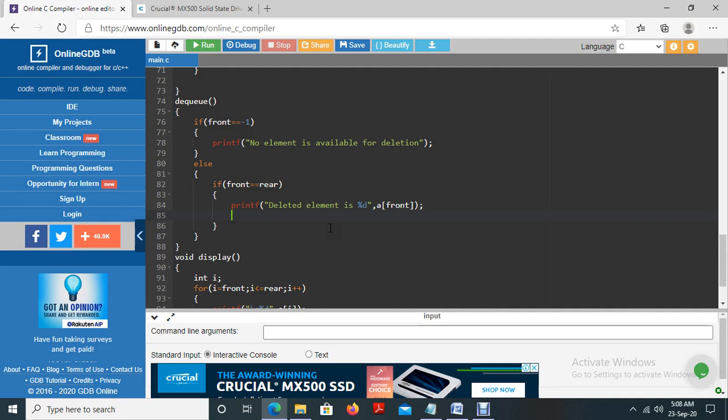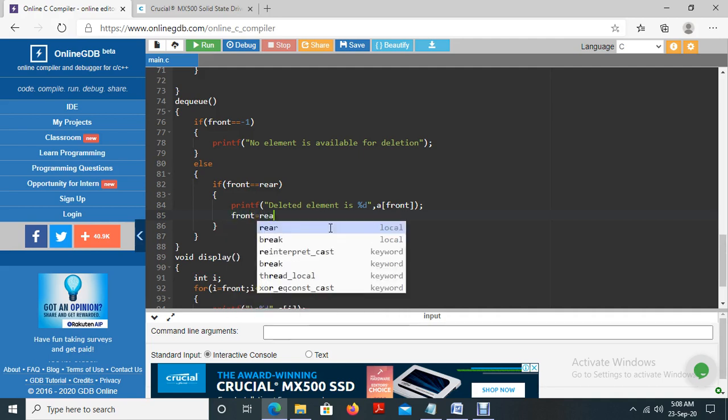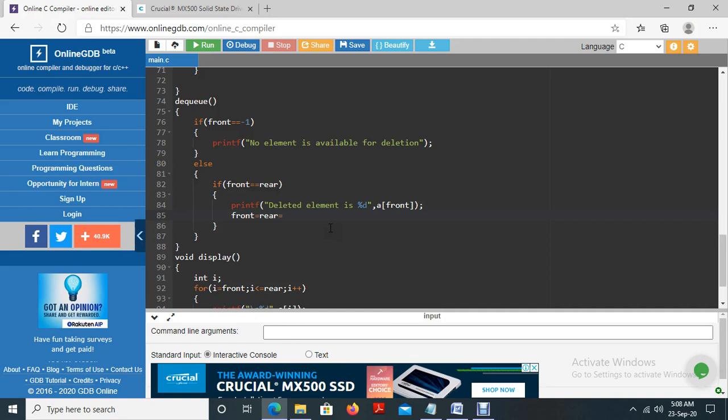After displaying the element, we assign front equal to rear equal to -1. We don't have any other option. After the deletion of the only available element, we assign the value of front and rear equal to -1. If the condition is false, then